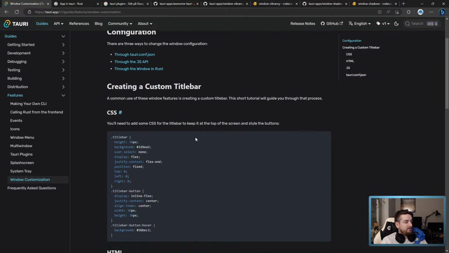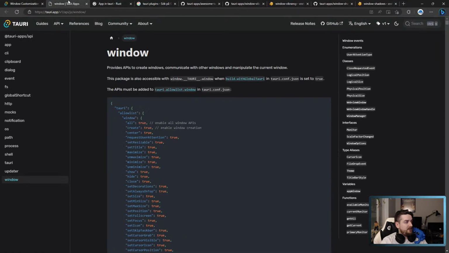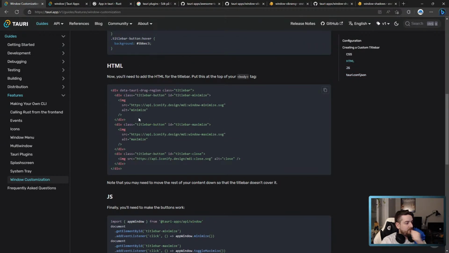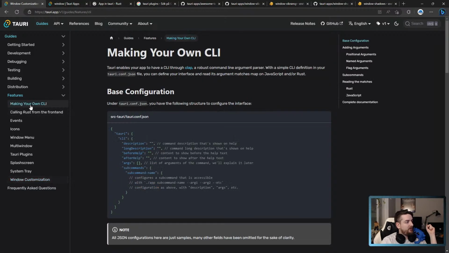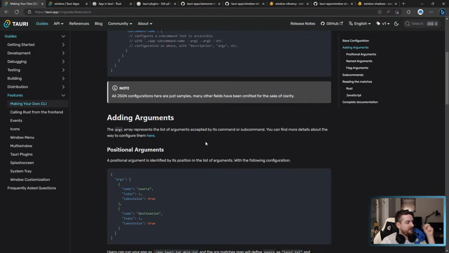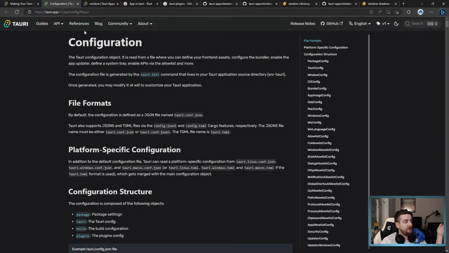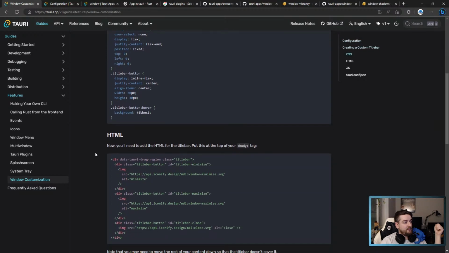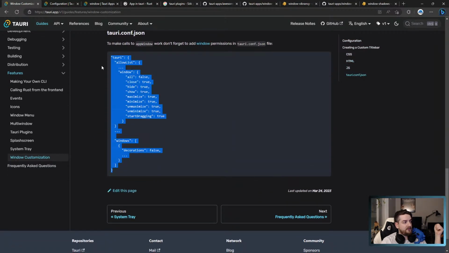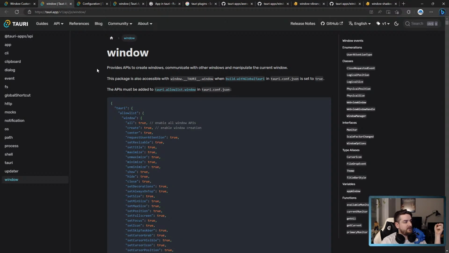Other than that, the only last critique maybe would be there's no link to the configuration that this refers to. When we were looking at making your own CLI, we at least had a link that tries to help you, even though, again, it doesn't go to the right place. For window customization, there's no link to the configuration, but we do mention making configurations here. This just links to the JS API, which is good as well, but